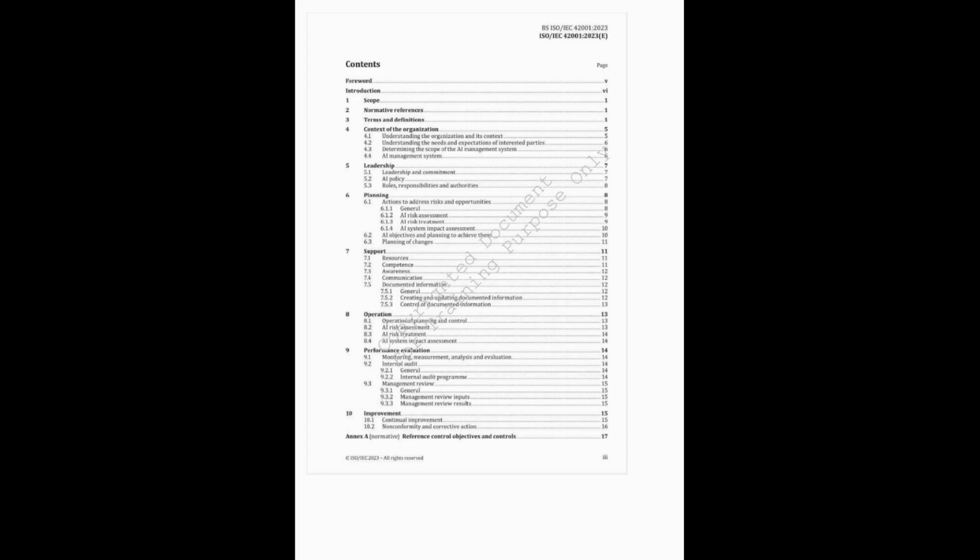So what exactly does this subclause tell us we need to do? Well, it starts with figuring out what needs to be monitored and measured in your AI management system. Like, what are the vital signs? So key indicators that tell you everything's running smoothly. Exactly. What processes, what outcomes, what risks are most important to keep an eye on. Okay, so that's the what. What about the how? How are we actually going to measure all this?